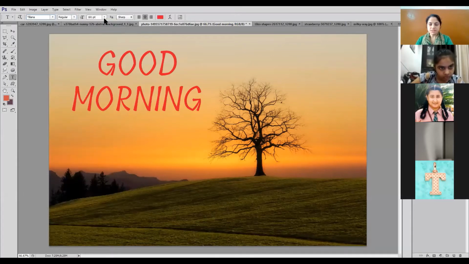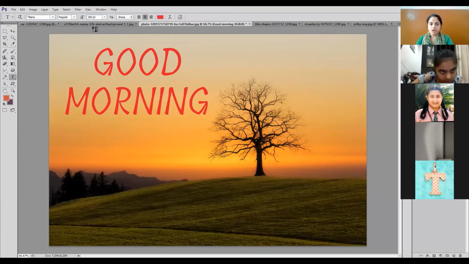Then you can have the size, font size. This is the points. Here a few font sizes are given. You can click here and type the new size. Or you can also place your pointer over here and it gives you a hand symbol with 2 arrows around it. You can press and drag it left or right. Left, it will decrease the size. Right, it will increase the size. You can see the number in the box here.